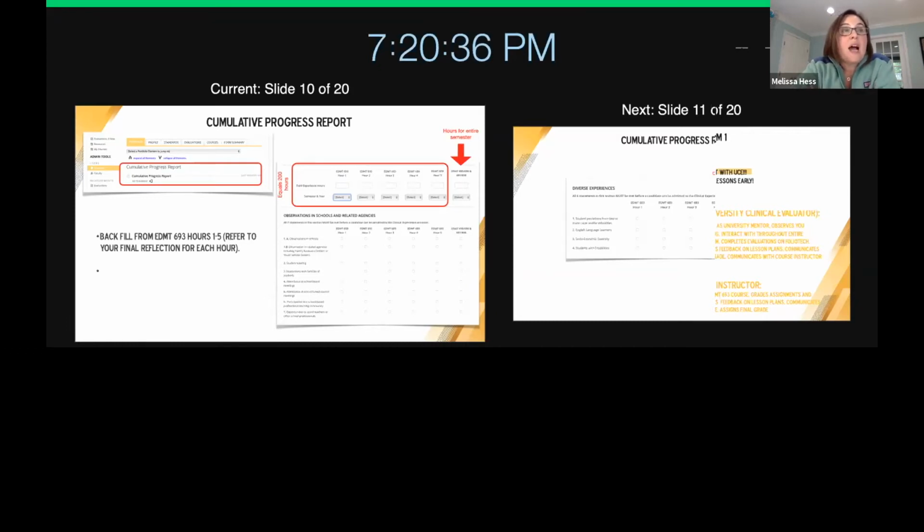When you look down a little bit further, you are just going to mark the things again by looking at your semester reflection, the things that you completed in hour 1 and in hour 2. Again, just by looking back through there, you have the ability to mark them. Any questions on this?